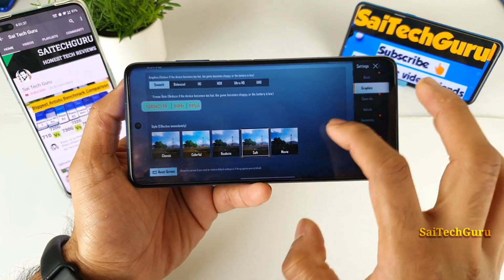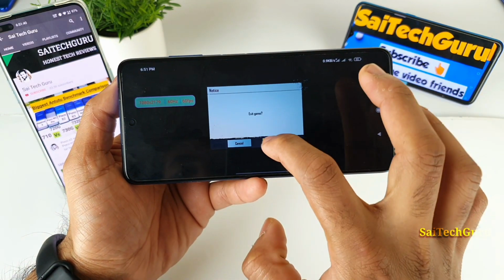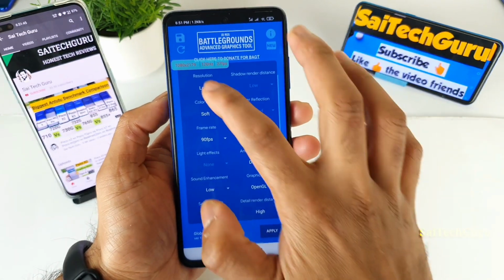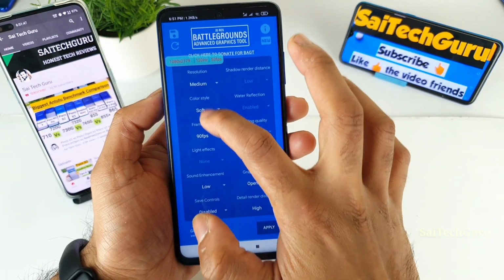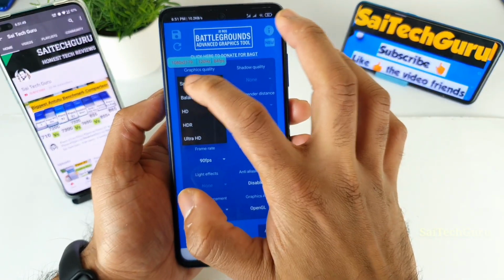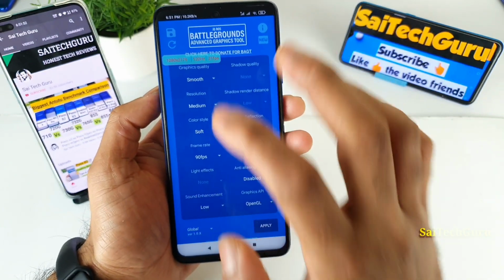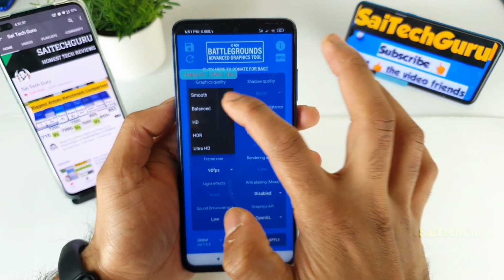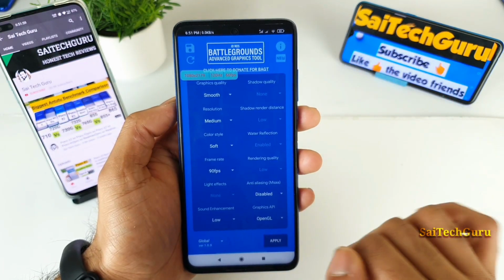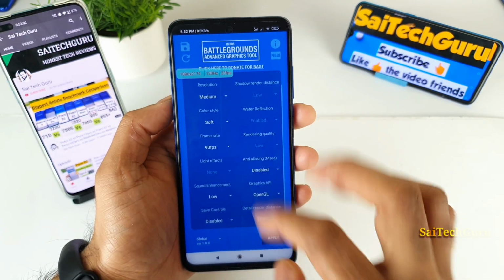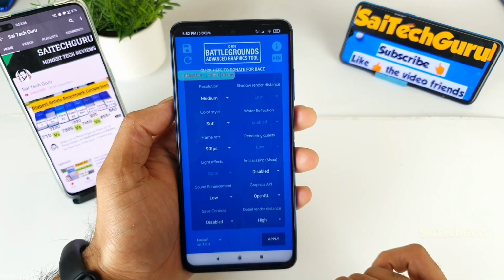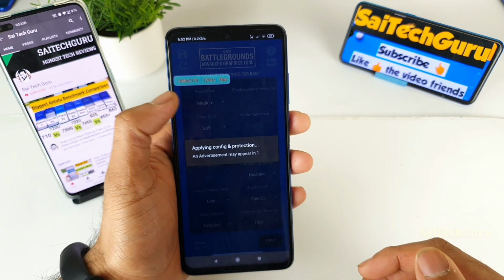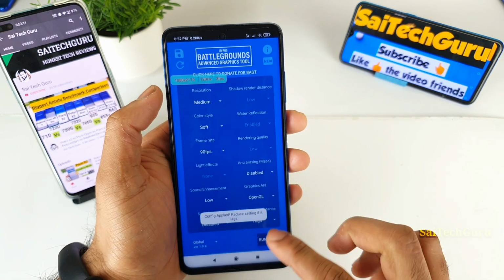Now let me close this complete PUBG game, and go back to the same BHGT application, and now I'll try to change the resolution to medium, and from smooth. I'll try to keep only the smooth graphics, because most of the 90 FPS will be possible with smooth. So smooth graphics and resolution set to medium, and next everything is good. As you can see, these are the settings I'm trying to use, and now let me try to apply. Let's see, friends, whether with the resolution it might be changed or not.